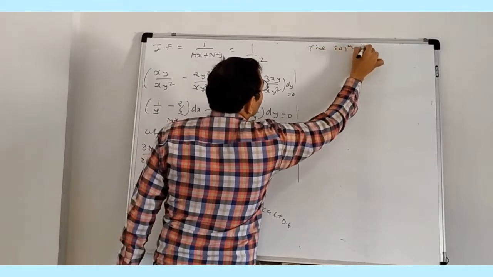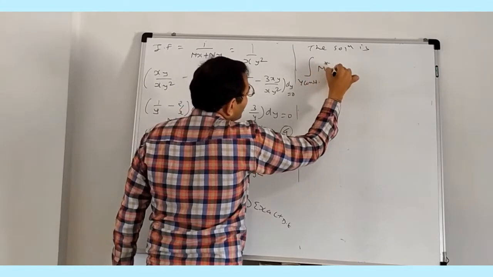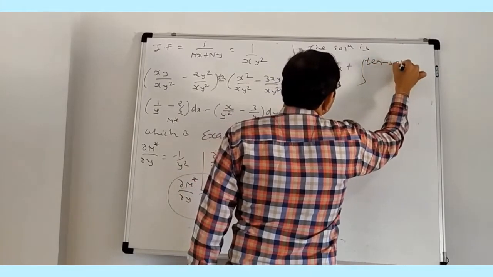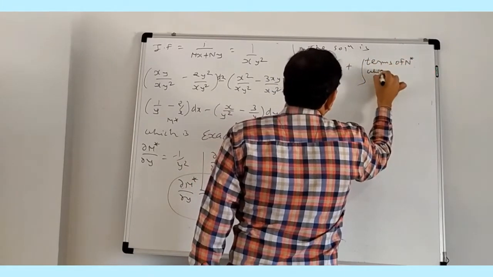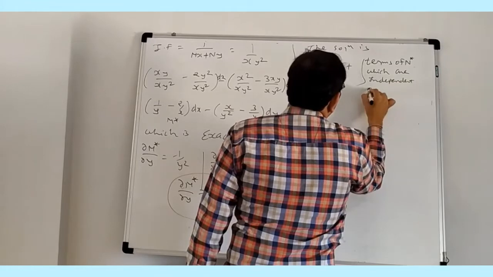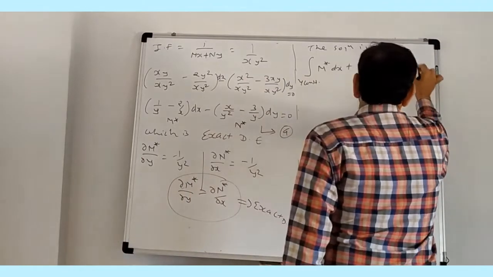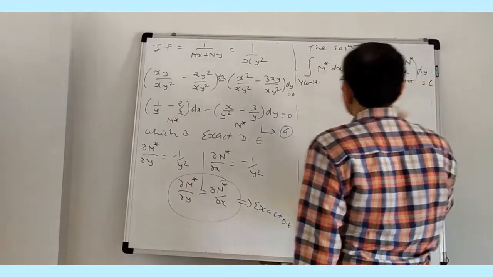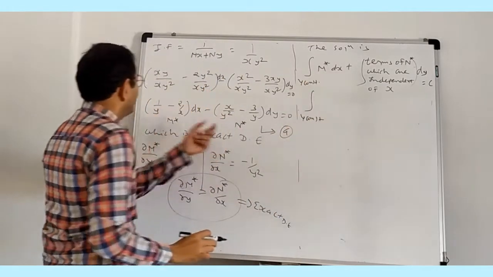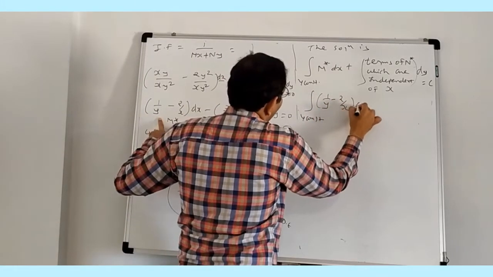The general solution is the integral of M star dx, treating y as constant, plus the terms of N star which are independent of x, dy, equal to c. Integrating with y constant, the term M star is 1 upon y minus 2 by x, dx